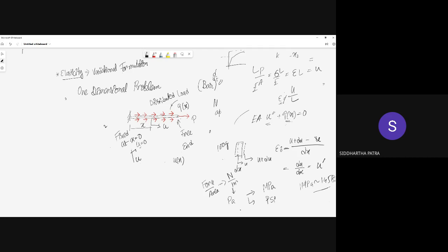Yes, of course the numerical methods are supposed to be used for problems where we cannot use the analytical methods or closed form solution, where we cannot directly integrate. So see, if this q of x is something like c times x, you can readily integrate this equation. So u is going to be a cubic function. That's the answer. u is going to be a cubic function.